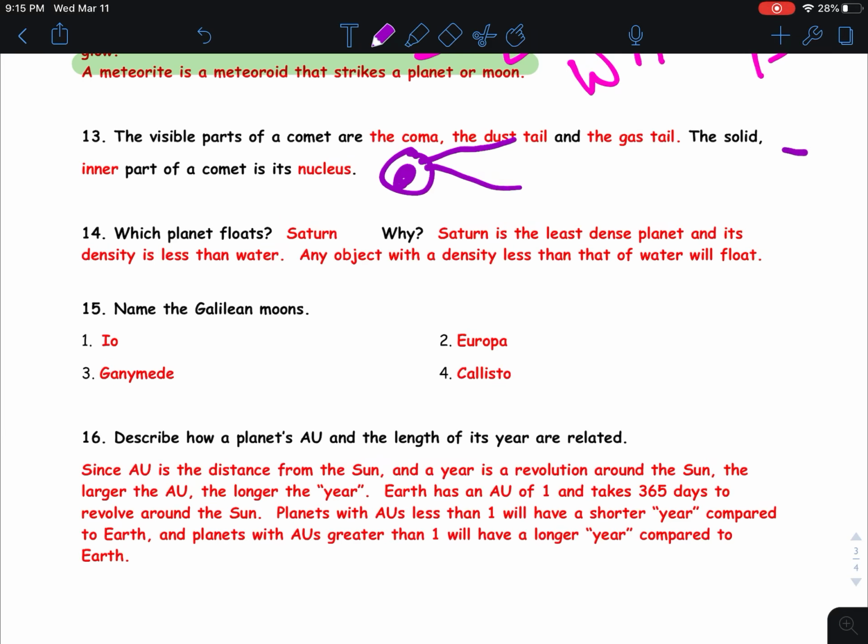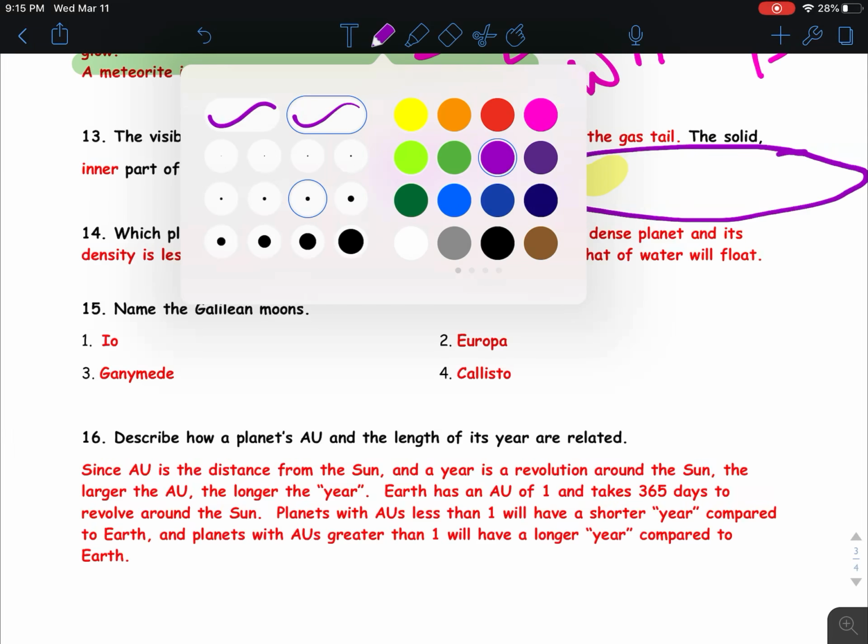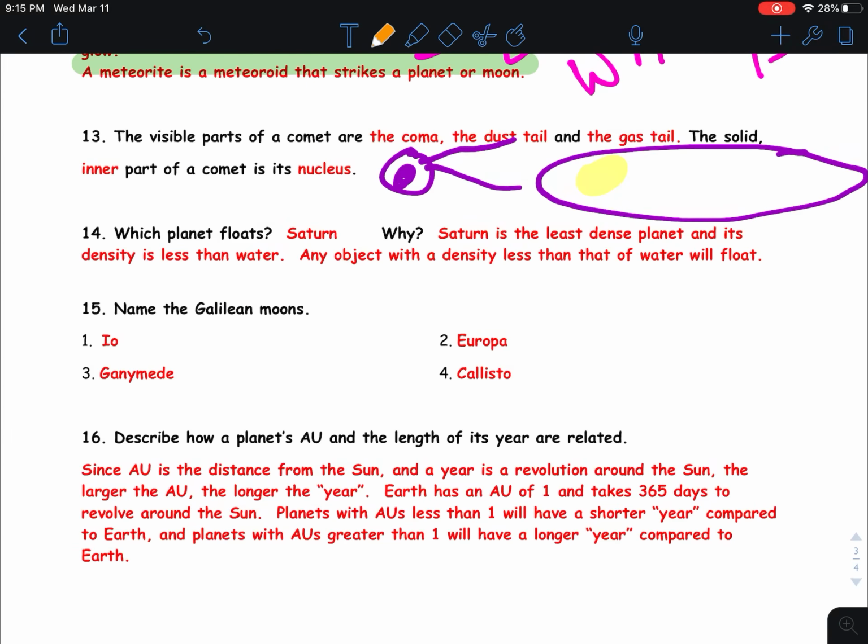So what we have is a very long orbit for a comet. So let's say we have our sun here, and our comet, they're going to originate from way out here at the Kuiper Belt or perhaps out at the Oort cloud. So what's going to happen is that as long as this frozen rock, gas, dust is far away from the sun, it's just going to continue to travel. But as soon as it gets close enough here,